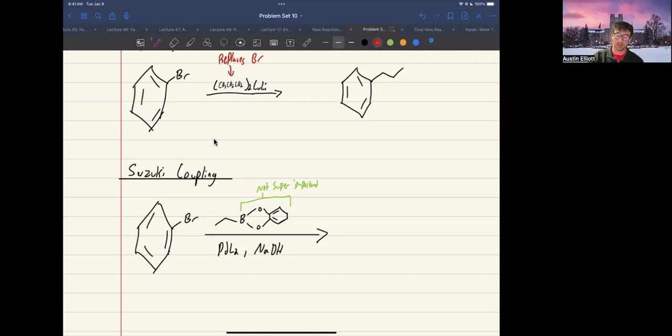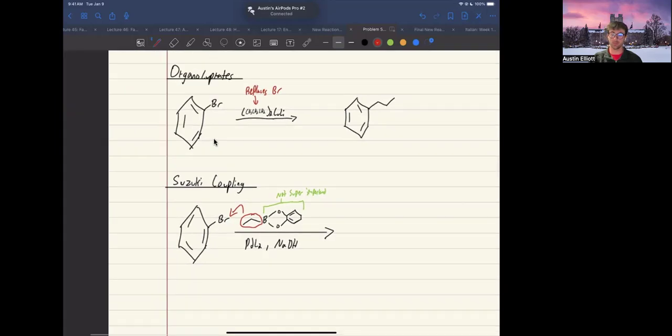The only part that's getting added is what's attached to the boron. So that chain right there, it could be anything. It could be a ring, it could be a long chain, it could be one carbon, but whatever is attached to that boron atom is what's replacing the leaving group. So we look at the product,